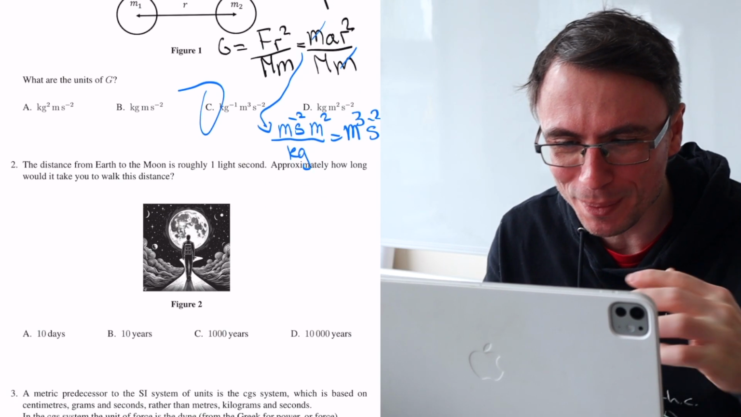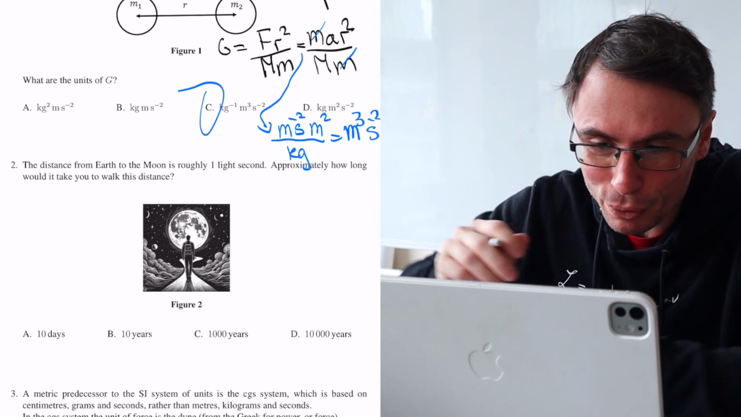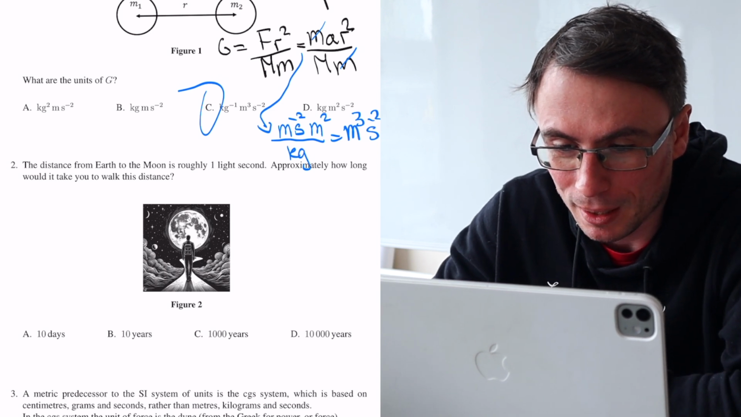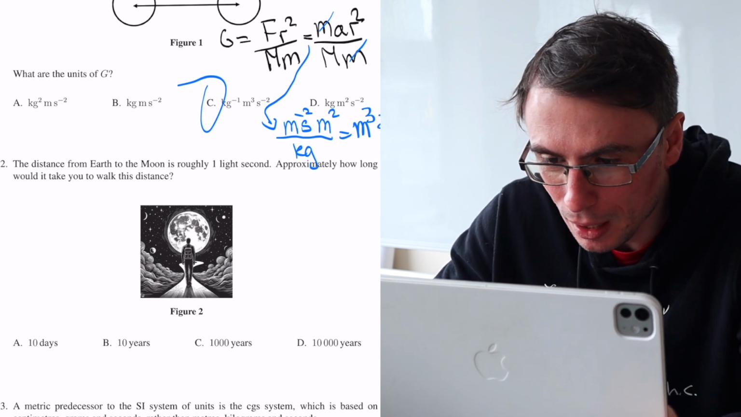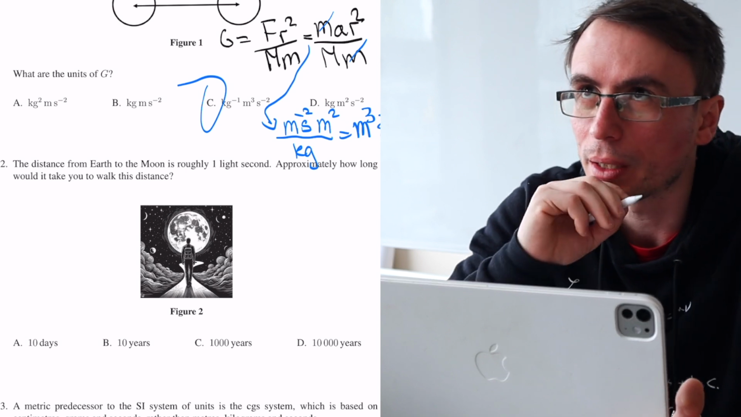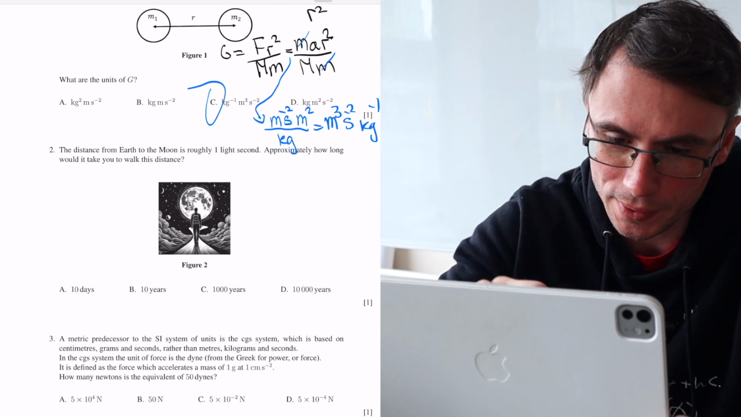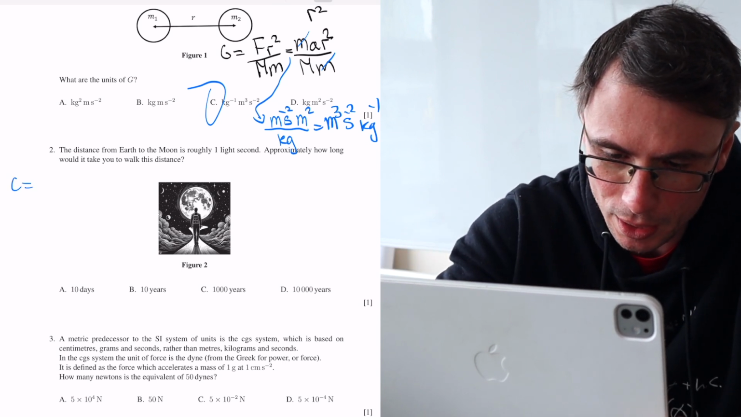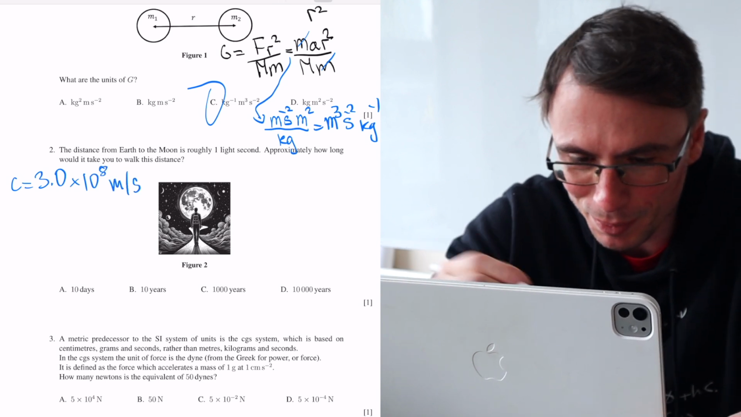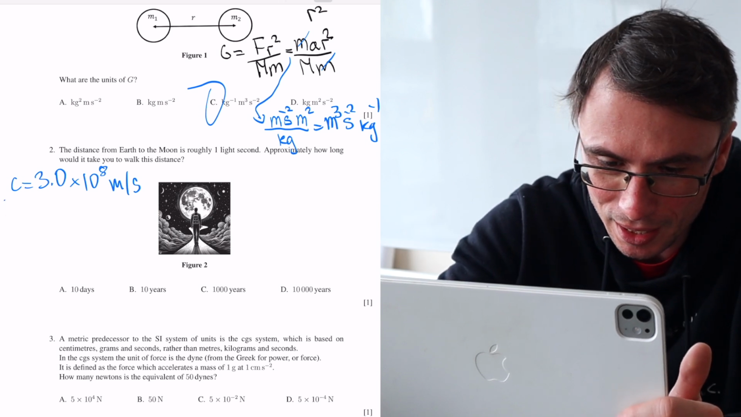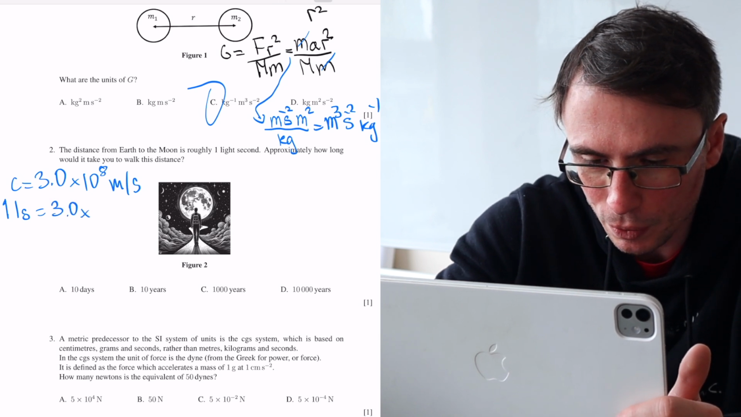Okay, so the distance from the Earth to the Moon is roughly 1 light second. Approximately how long would it take you to walk this distance? Well, I do like walking, but the answer is probably quite a long time. So, okay, 1 light second, that's just the distance traveled by light in 1 second. So the speed of light is 3.0 times 10 to the power of 8 meters per second. So that means that 1 light second is just 3.0 times 10 to the power